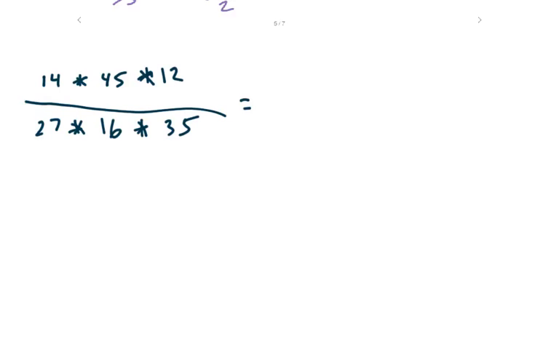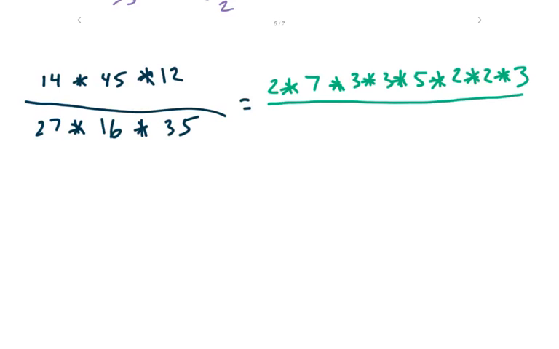So 14 is 2 times 7. 45, now we know 45 is 9 times 5, but 9 is 3 times 3. So 3 times 3 times 5, right? So those 3 times 3 is 9, 9 times 5 is 45. 12 is 4 times 3, but 4 is 2 times 2, so we have 2 times 2 times 3. And if you need to write it twice in order to get it, if you need to go 4 times 3 and then go 2 times 2 times 3,